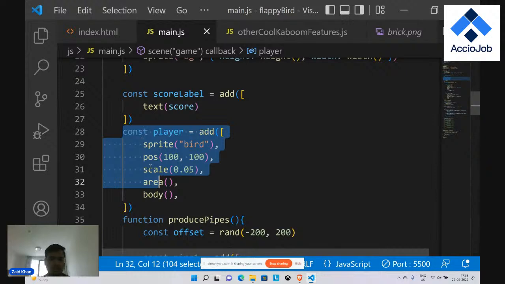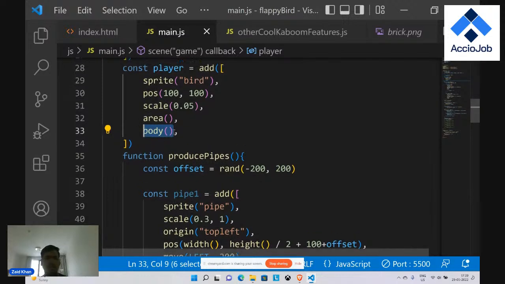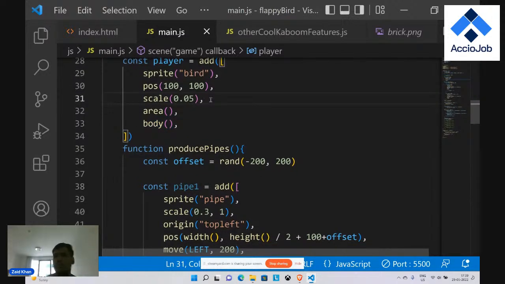We got to see position. We got to see scale, area, and body. So area is for defining that, okay, I have to take some area. I'm a real existing object. I'm not a pointless object or point object. After that, there was something called body. So body is for adding gravity on top of it. So body adds weight on top of it, so gravity starts to apply on that. After that, we got to see the scale. So if I'm just passing a single parameter, it's